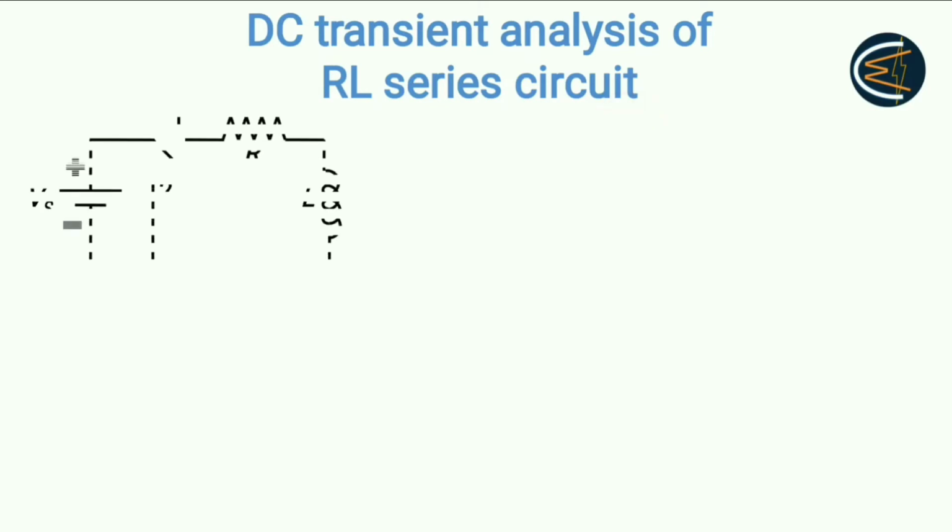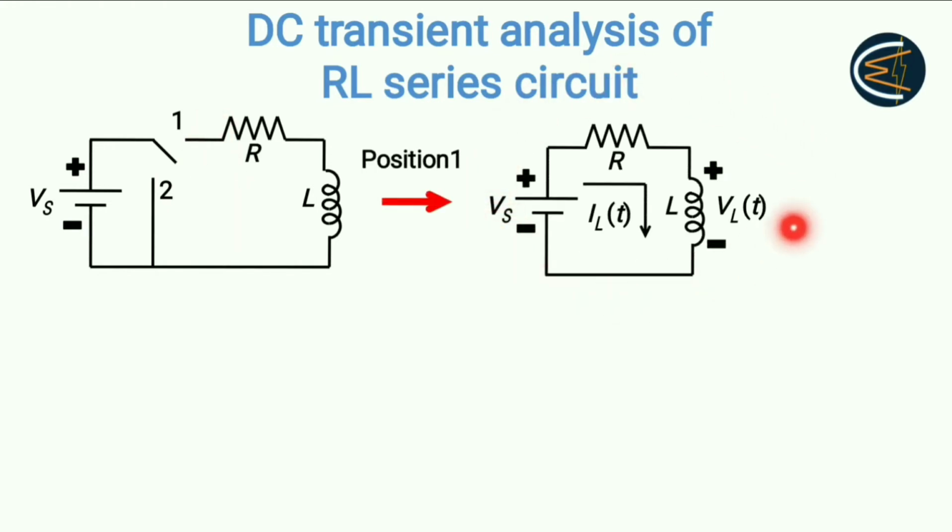So let's start. As you can see, this is the RL series circuit. The moment the switch touches the point 1, what will happen? The circuit will look like this, right? Now the R and L are connected in series with this supply voltage and the current starts flowing in this fashion. And one more thing to be observed, here I have assumed that no initial condition across the inductor, that means no initial current is flowing through the inductor. So this is the current flowing through this circuit and this is the voltage across the inductor.